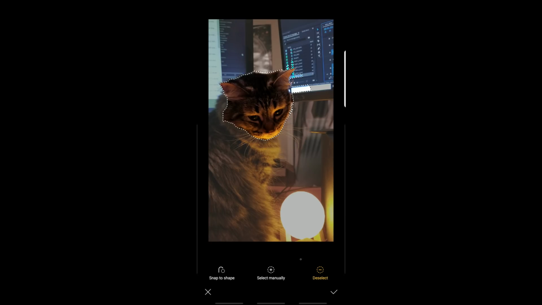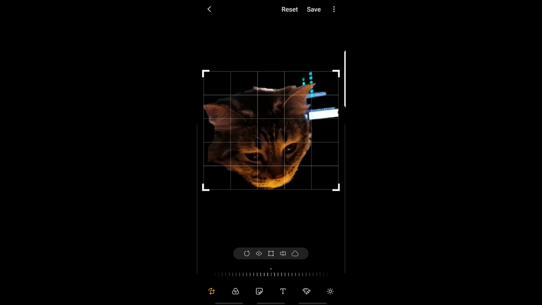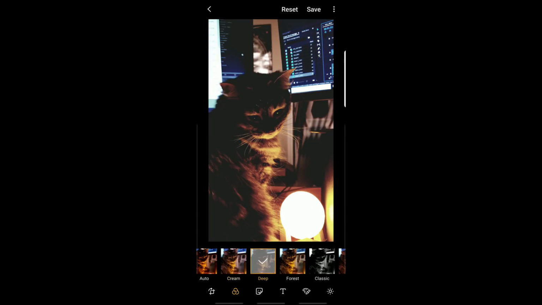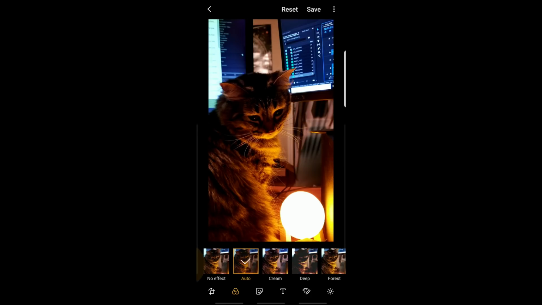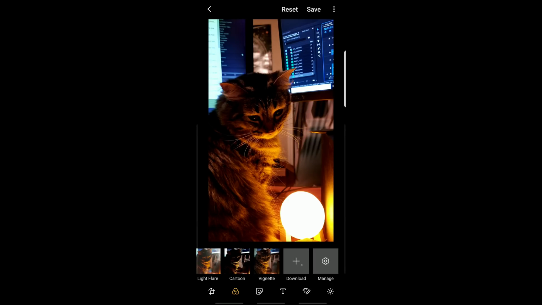And if we hit the check button, then all we're left with is an outline of Phoebe's face. I missed the computer screen that's up there in the top right corner, but you get the general idea. As usual, the filter button gives you filters. Going through and tapping all of them will give you a live preview of what it will make the photo look like. And going to the end will allow you to manage all the filters that you want